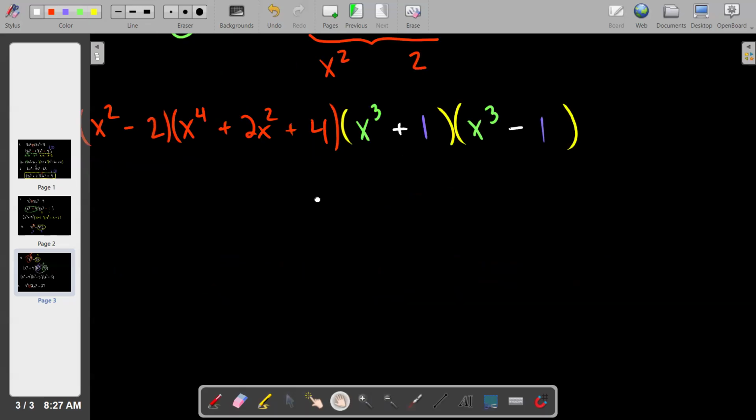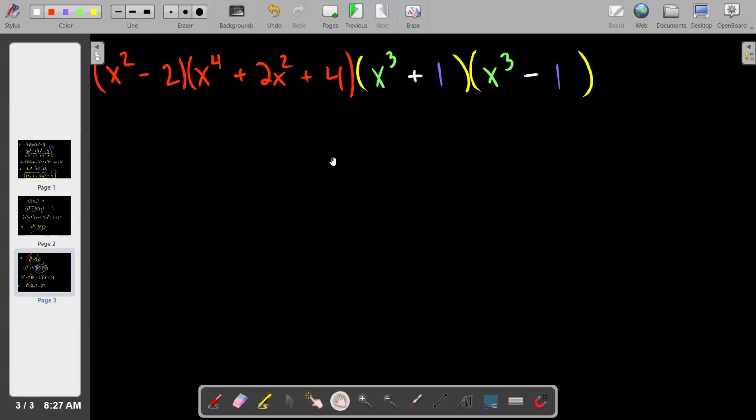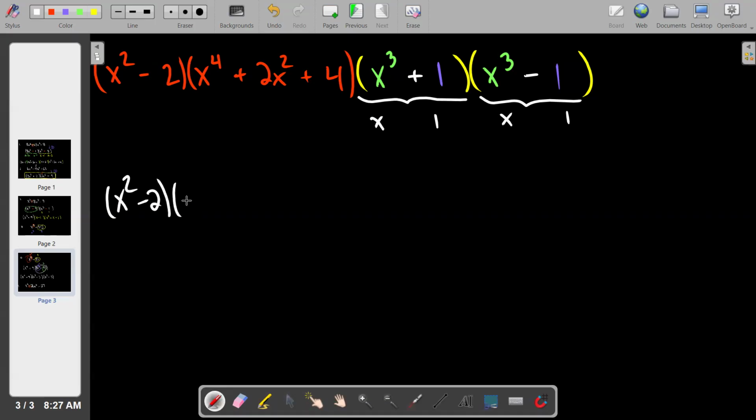Problem 12 is going strong. So for the first little set, that's this white one, a is x and b is 1. And for my second little set, same thing, right? a is x and b is 1. So our final answer is going to be x squared minus 2 times x to the fourth plus 2x squared plus 4